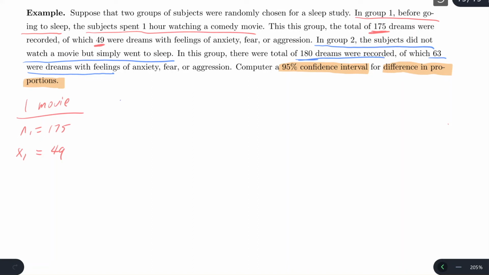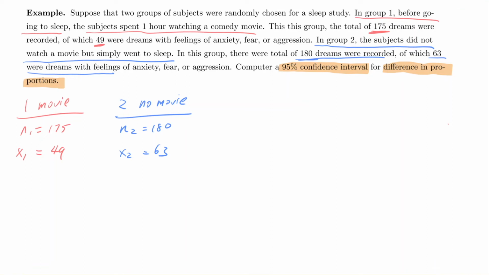Group 2 is no movie. Sample size was 180. And x2 in this case, how many had a dream? Yeah, 63 of them had a dream about anxiety feeling. Okay. So knowing this,